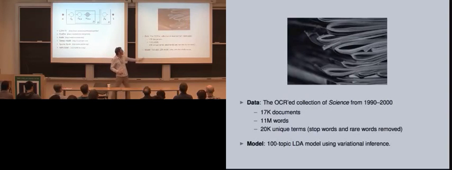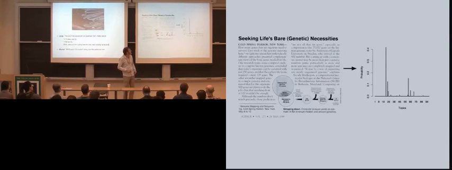So let's take a look at this in practice a little bit. This is a very small example. We take 17,000 documents, that's very small, 11 million words, a vocabulary of 20,000 terms, and we fit a 100-topic LDA model. Just to be clear, I have this big stack of science articles, I ingest it, and I approximate the posterior using, in this case, mean field variational inference. And here's that original article that I showed you, and now I get P of beta, theta, and Z given